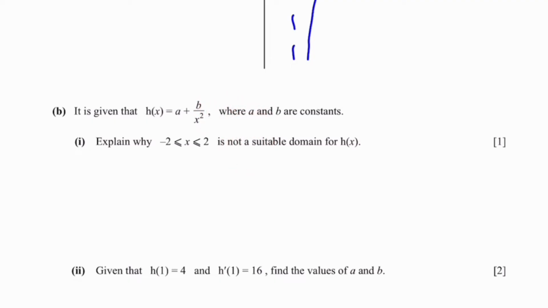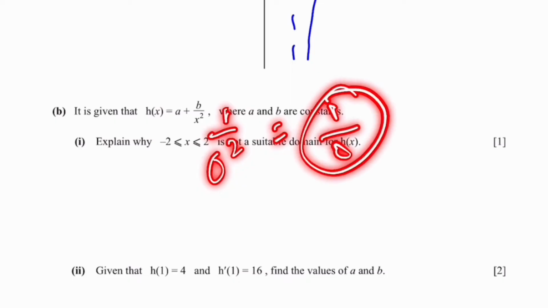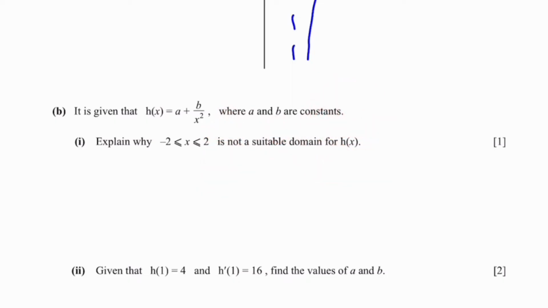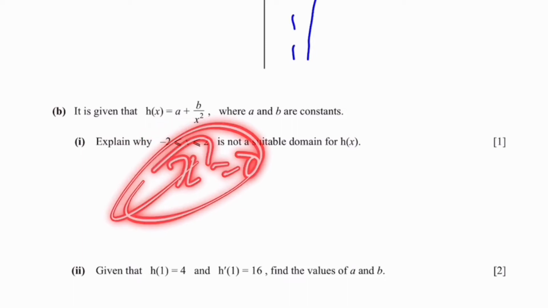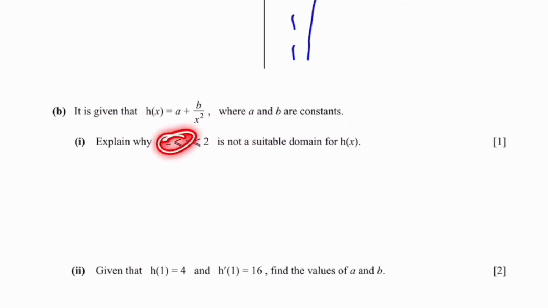And this 1 by x squared cannot take on the value of x equals 0. That's the only value which it cannot entertain, because 1 by 0 squared is just 1 by 0, which is undefined. You cannot divide anything by 0. But then this domain, given the question, has the value x equals 0 inside it. 0 is greater than or equal to minus 2 and less than or equal to 2, right? So this domain is not suitable, since x equals 0